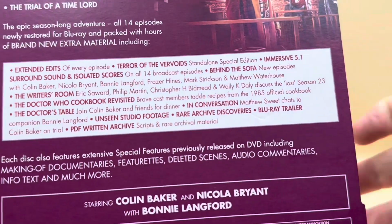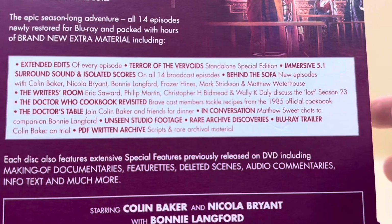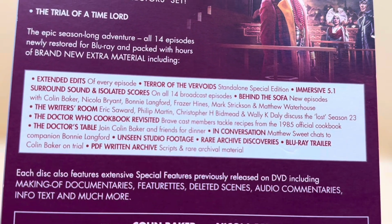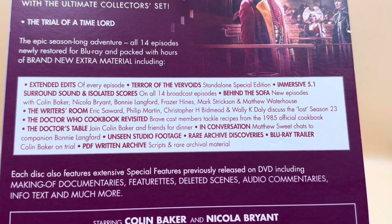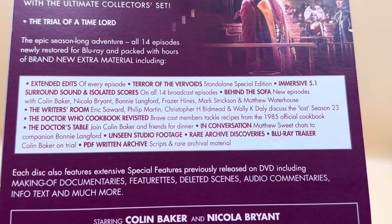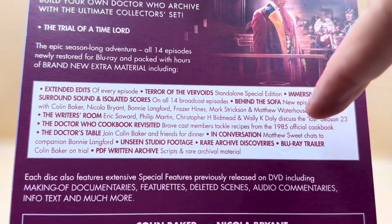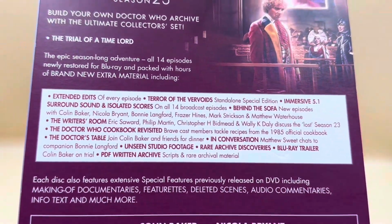As you can see, this is all the brand new stuff that we get with this collection, as well as everything that was previously released on the DVD releases. So when people say, is it value for money? I don't think so. I think it's double dipping. I always have to say it's technically not double dipping, because there's so much new stuff here. You get all of the old stuff, and so much new stuff here. And to be honest, this might be the only way